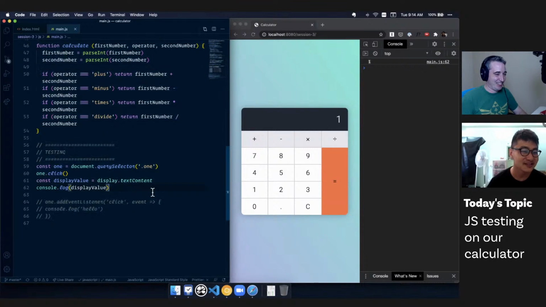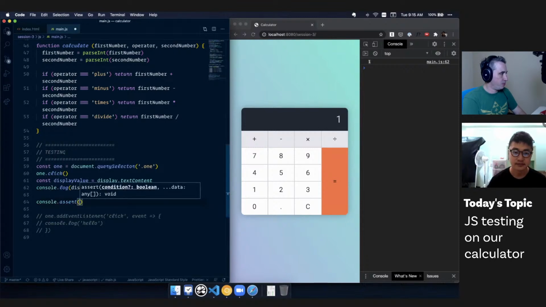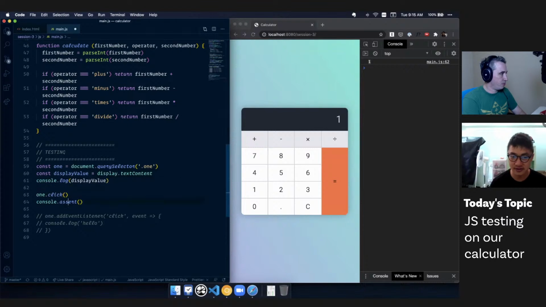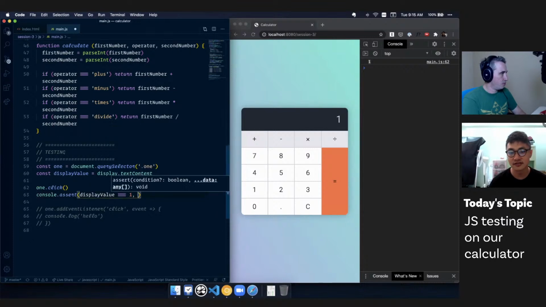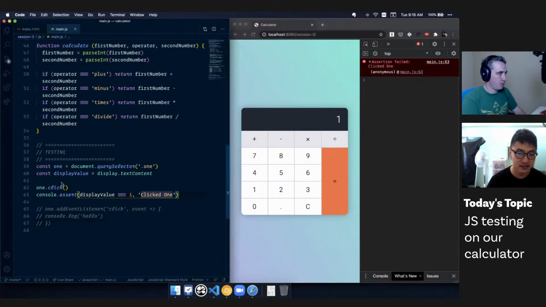But let's continue with this display value. So essentially, we want to do a console.assert. After we do a click, we want to console assert the display value is 1. Okay, clicked 1. Something similar to this approach. Now, if we refresh it, assertion failed, click 1. We go back to this. The 1 comes from text content, so it should be a string instead of a number. So if we do this,